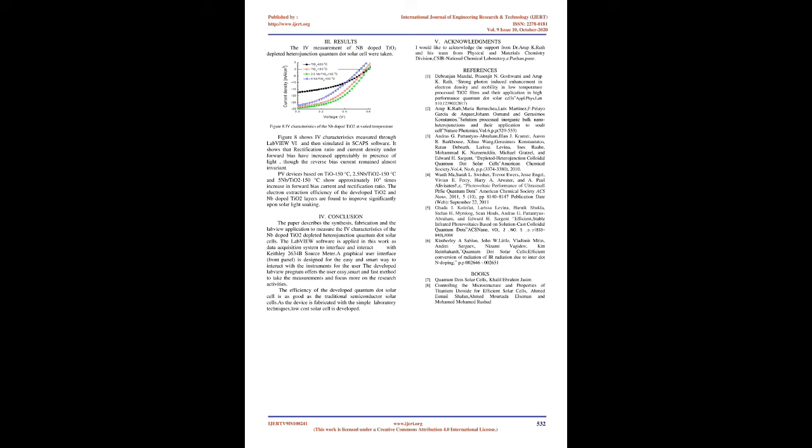Results. The I-V measurements of Nb-doped TiO2 depleted heterojunction quantum dot solar cell were taken. Figure 8 shows I-V characteristics measured through the LabVIEW VI and then simulated in SCAPS software. It shows that rectification ratio and current density under forward bias have increased appreciably in presence of light, though the reverse bias current remained almost invariant. PV devices based on TiO2-150°C, 2.5 Nb/TiO2-150°C and 5 Nb/TiO2-150°C show approximately 10^4 times increase in forward bias current and rectification ratio. The electron extraction efficiency of the developed TiO2 and Nb-doped TiO2 layers is found to improve significantly